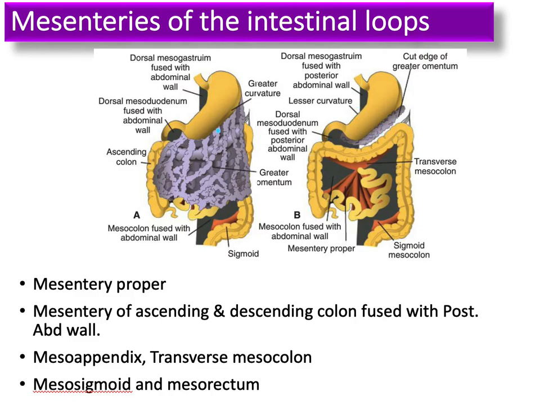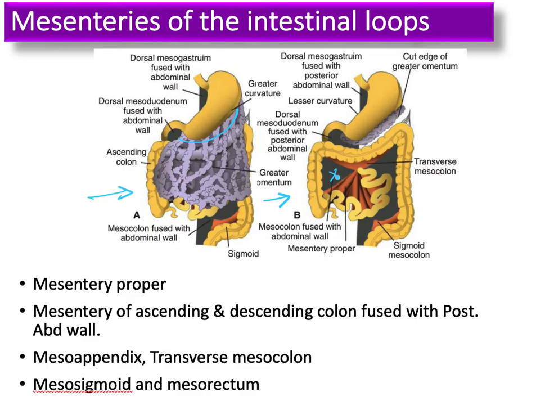And look at the first figure here. We removed the greater omentum. We cut it here to have a look at the other parts of the mesentery. So you have the mesentery proper that connects mainly the jejunum and ileum, and of course we used to have the mesentery of the ascending and descending colon, but they fuse with the posterior abdominal wall. So you have to differentiate between the